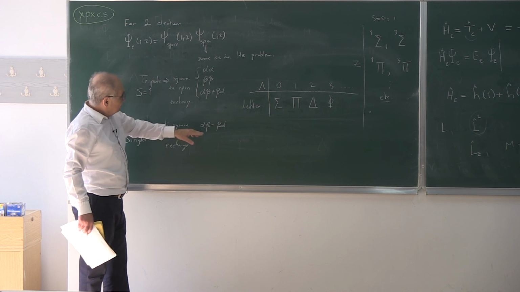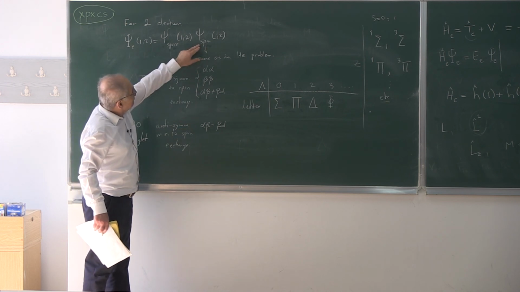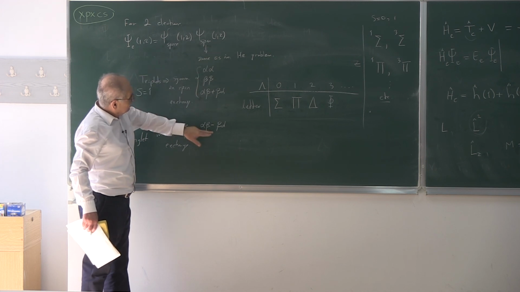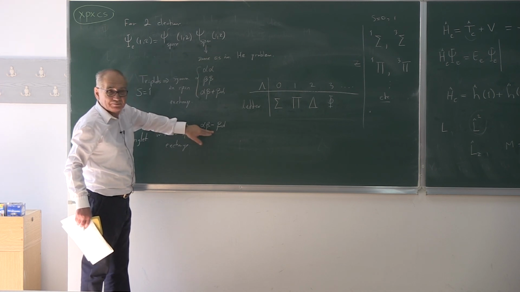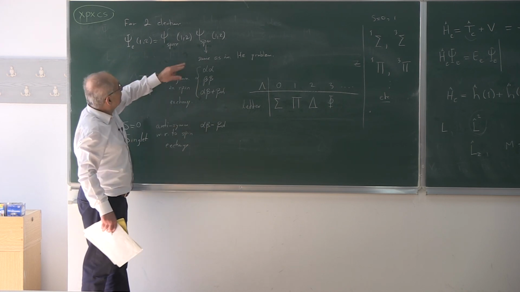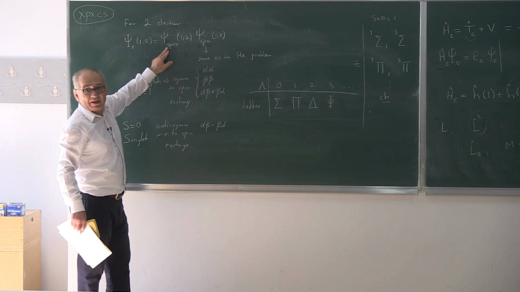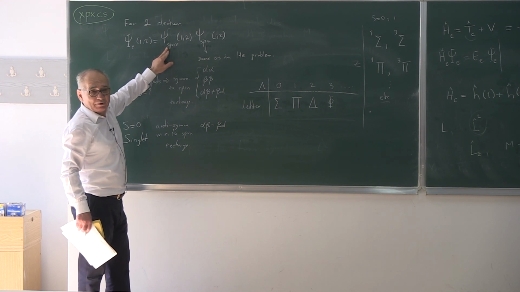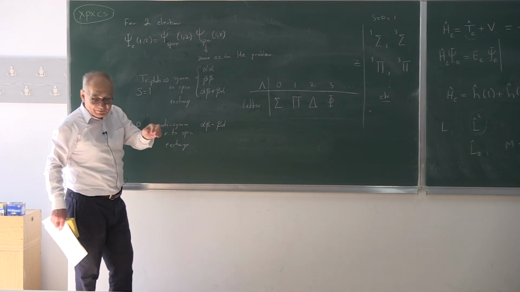On the other hand, if the spin factor here is a singlet spin function, which is alpha times beta minus beta times alpha, in that case the space part must be symmetric with respect to electron exchange,